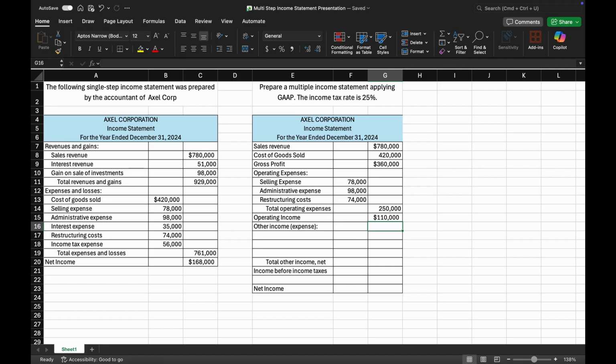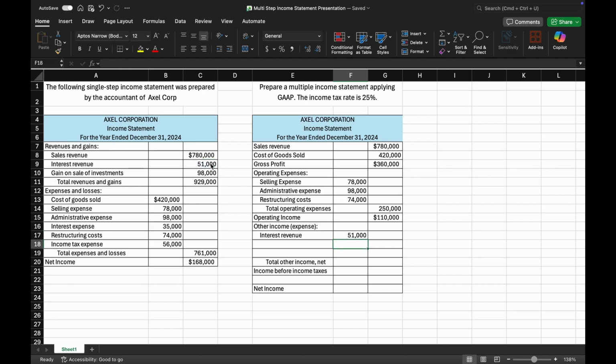When looking at the single step income statement, the first one that we notice that isn't part of operating expenses or operating income is interest revenue. And as we can see, this has an account balance of $51,000, so let's transfer that over. So get interest revenue, and then transfer the account balance over, which is